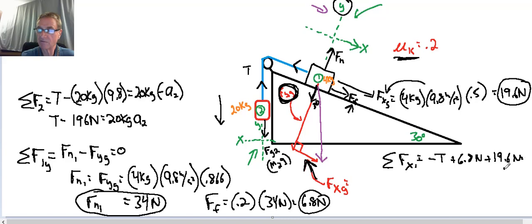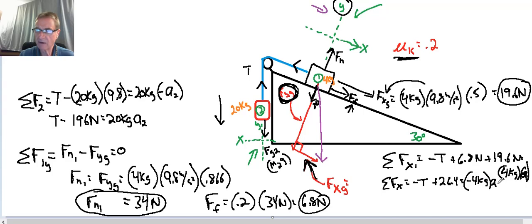I'm going to run out of space here. So 4 kilograms times negative a, whoops, it's a bad looking a. That's a, say A1 there. I'll rewrite that down below. All right, so let's collect all this stuff together. And when we do, I've got the sum of the forces in the x direction is equal to negative T, and 6.8 plus 19.6 happens to be 26.4. And that equals negative 4 kilograms